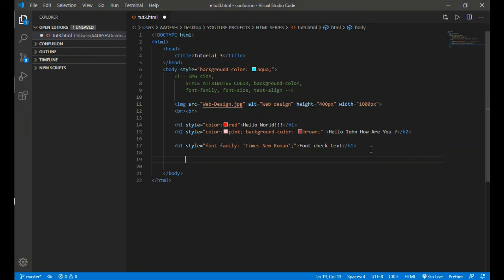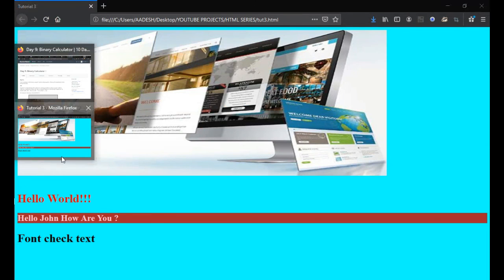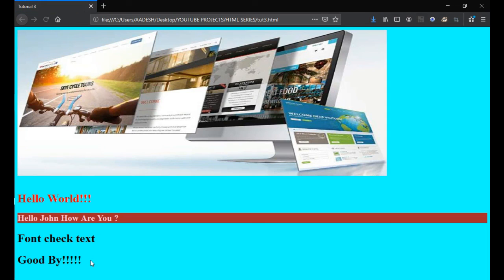Now let me take another heading, and inside the heading let's enter some text. Let's say goodbye, because we are at the end of the web page. Refresh.